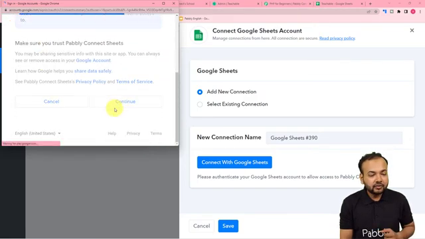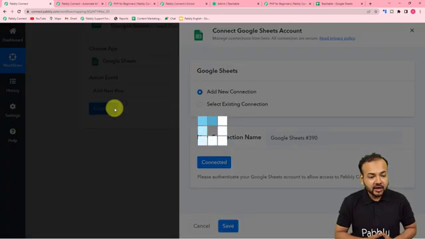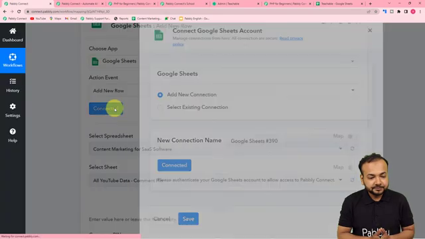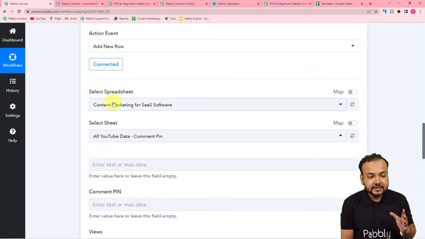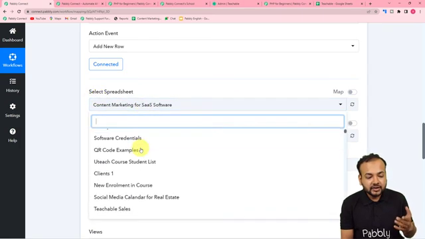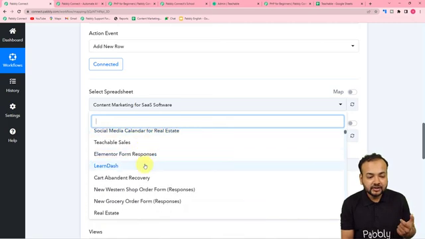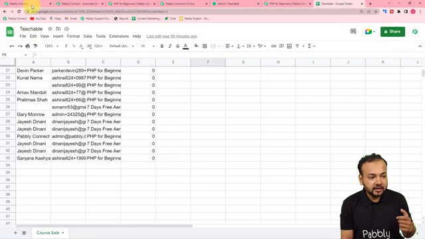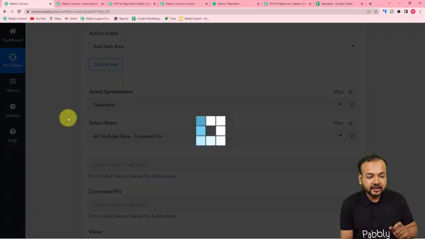Just click on continue from here, and you can see the authorization is successful now, and we are getting connected with our spreadsheet. Alright, so we are now connected, and here you can see we have this select spreadsheet field. So when you click here, it will show you the list of all the spreadsheets that you have inside the Google Sheets application. So from here you can select this sheet named Teachable. So from here search for Teachable, here it is, select it,